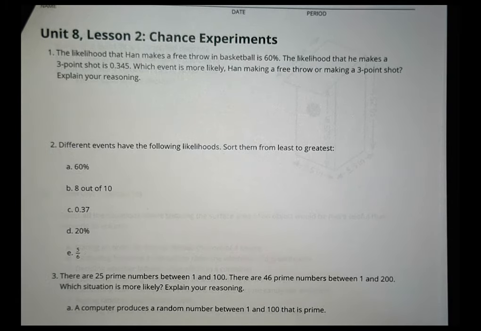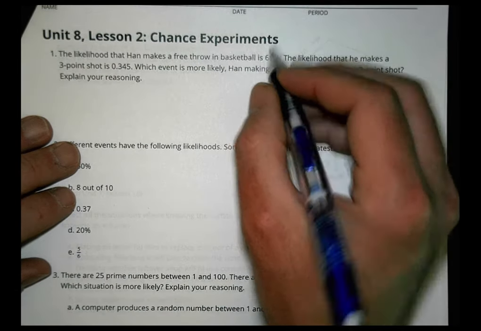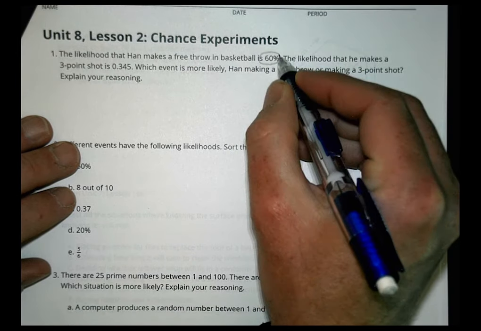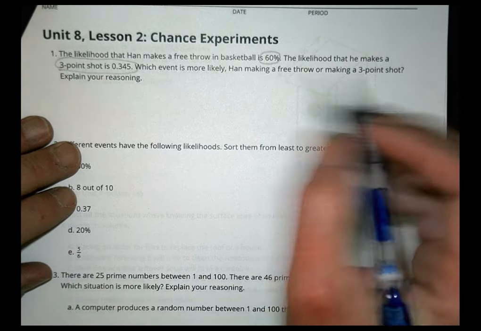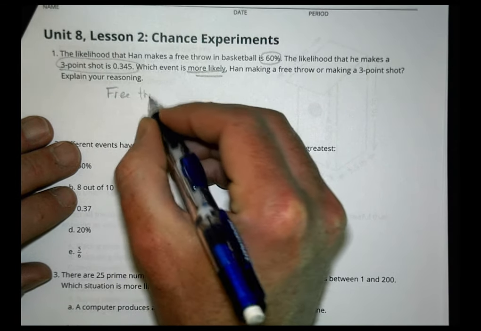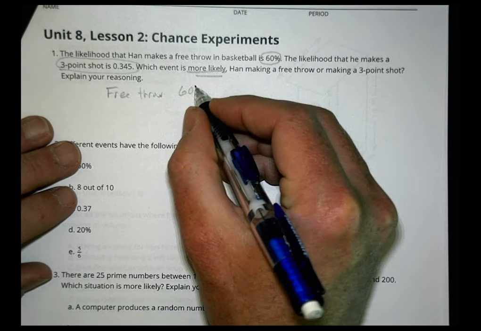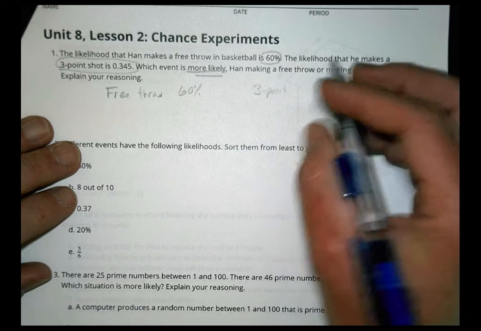All right, here we go, homework time. What's the likelihood that Han makes a free throw basket? Oh, sorry, the likelihood that he makes one is 60%. The likelihood that he makes a 3-point shot is 0.345. Which one is more likely? So for free throws, he's at 60%. But for a 3-point shot, right, he's at